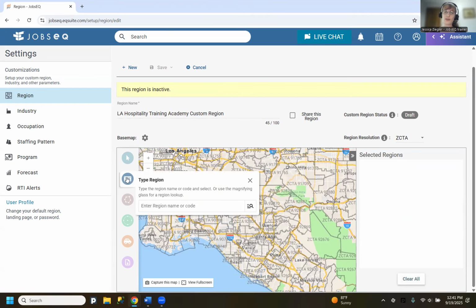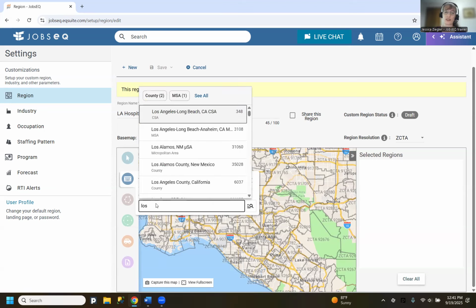You can also use the type region option to type regions in. So if you wanted to select all of Los Angeles County,